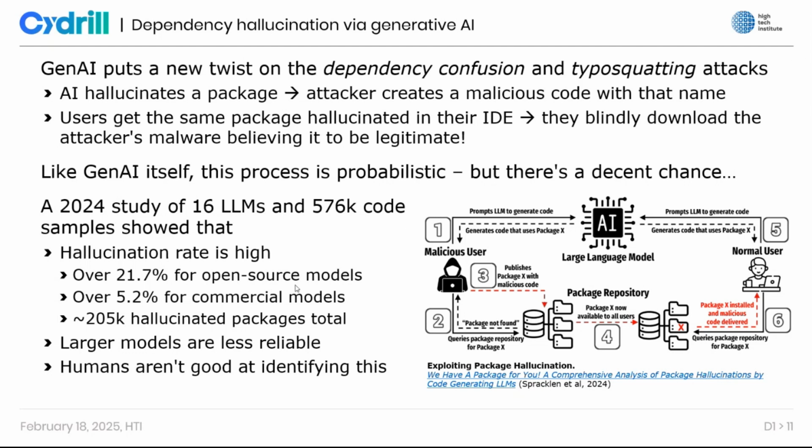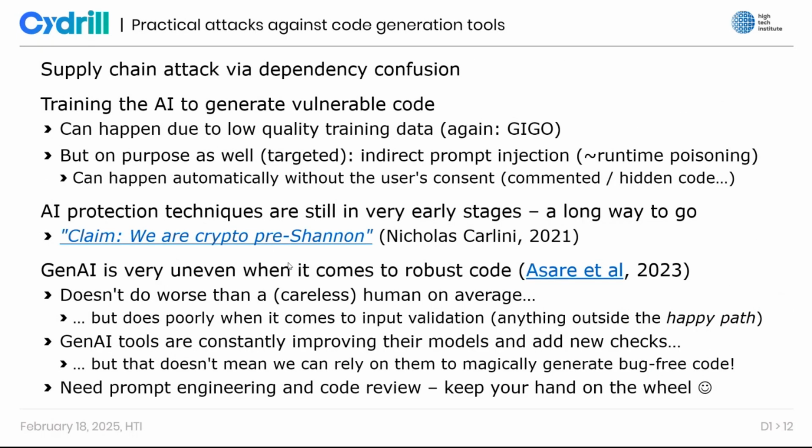And unfortunately, what they have found also in this study is that humans were not very good at identifying this because they trusted a lot of the data that comes from these models. So, all right, but of course, this is just an example. So let's go a little bit more into detail about what we can expect when it comes to code robustness and security when we are using these kinds of code generation tools.